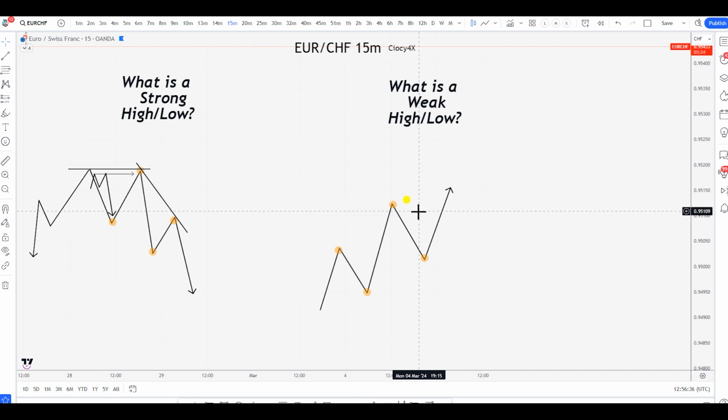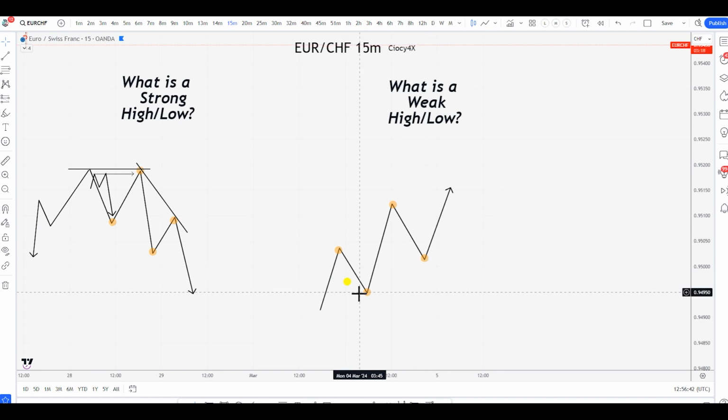I honestly never use the wording strong high, weak high, whatever. All I do is just structure and within the order flow. That's all I need to know. Why? Because if I know that there is a price point over here, 95,000, and in order for price to go from, let's say, 95,050 to let's say 95,150, price needs to move from point A to point B. How does it do it? It does it like this, with the structure, with the order flow. It goes like this.